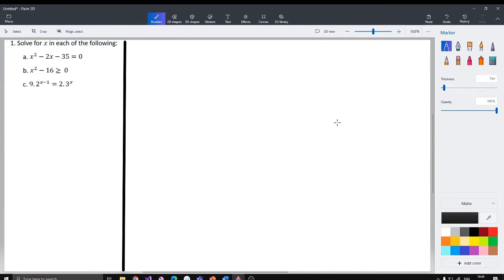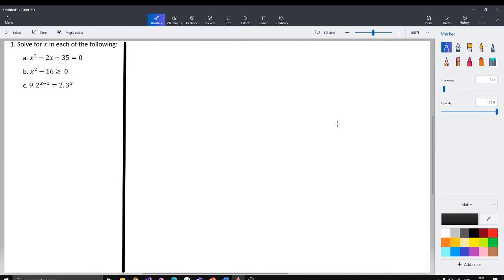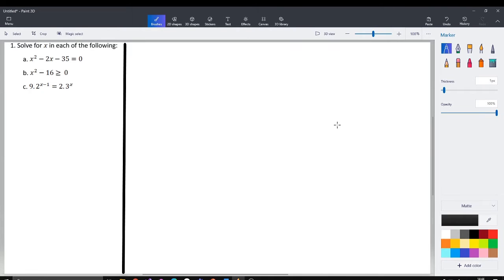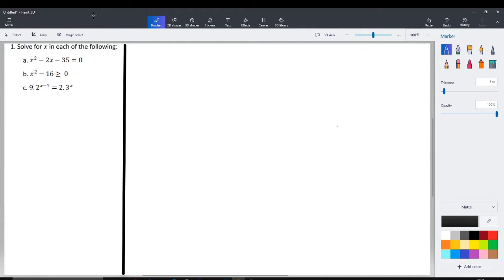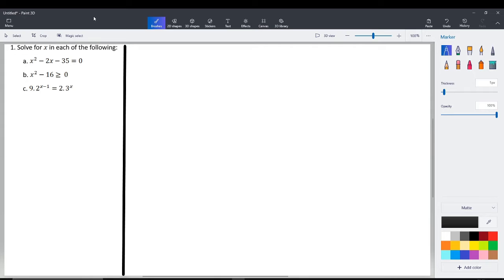We're going to look at questions on the topic equations and inequalities. Part A, we're supposed to solve for x in the following: x squared minus 2x minus 35 is equal to